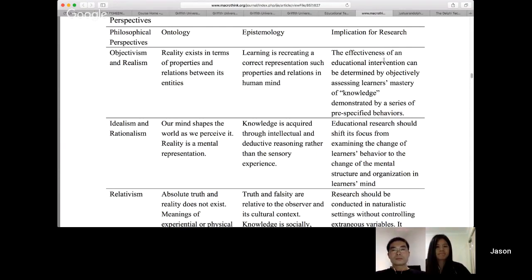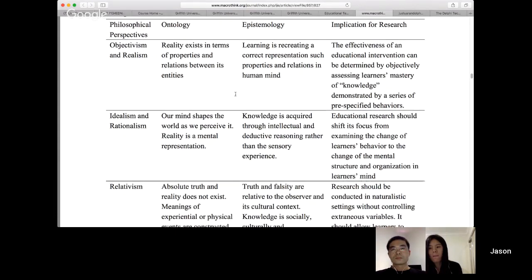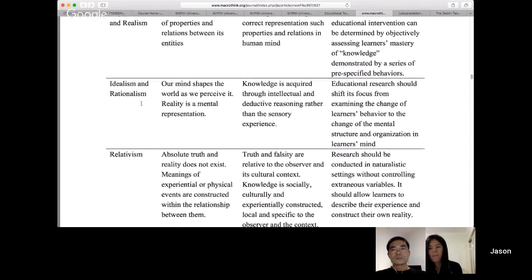And that influences our research. There we would be aiming to measure how effectively students have understood and have the same understanding as the teacher or what the teacher was teaching. That's quite different from an idealist or rationalist perspective, where knowledge is developed through an experiential process. What students learn could be very different to what the teacher knows.